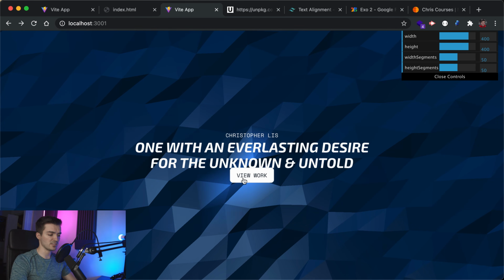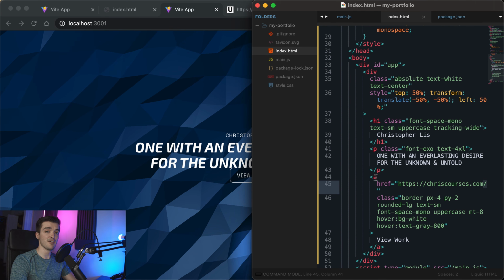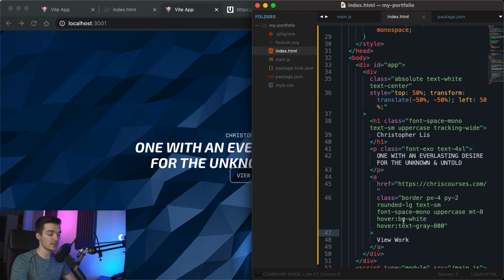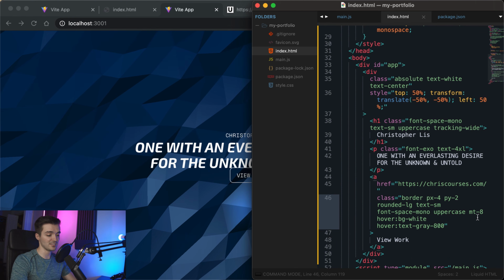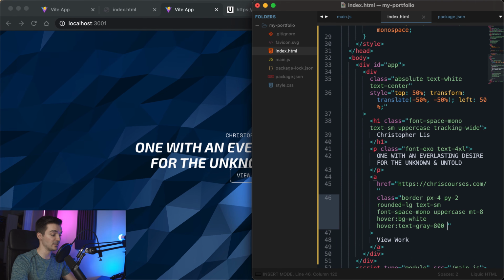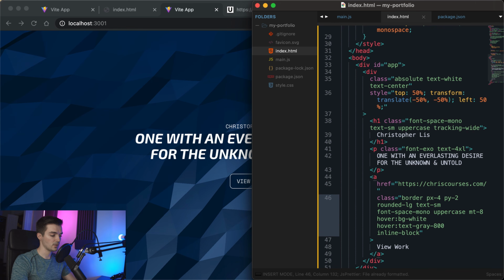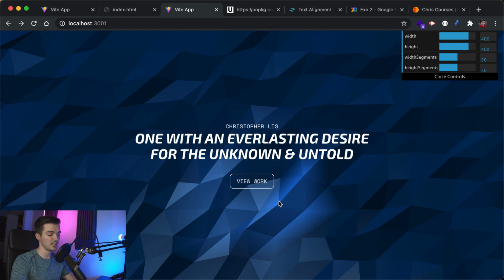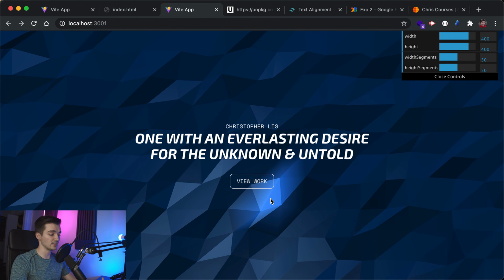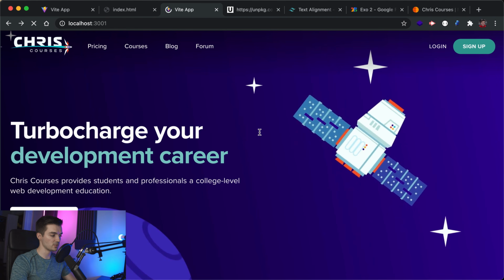Why is the styling messed up? Well, the styling is messed up because by default, anchor tags have a class of inline, which means things like margin start messing up along the way. Our margin isn't taking effect because it has the class of inline by default. So instead, what we can do is assign it a class of inline block. And just by assigning an inline block, it's going to make sure that the margin takes effect and that it is positioned correctly. So now when I click view work, it goes to my new website or whatever page you would like to use,